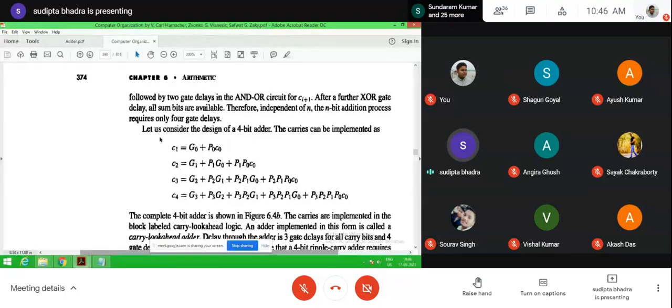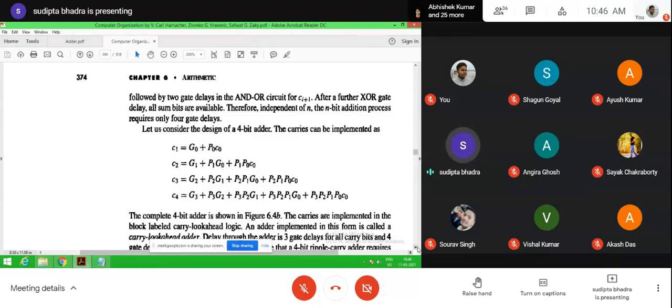Okay. Now using the generate and propagate functions, it performs carry look ahead. Carry look ahead means here you are generating the carry value ahead of the propagation of the carry.